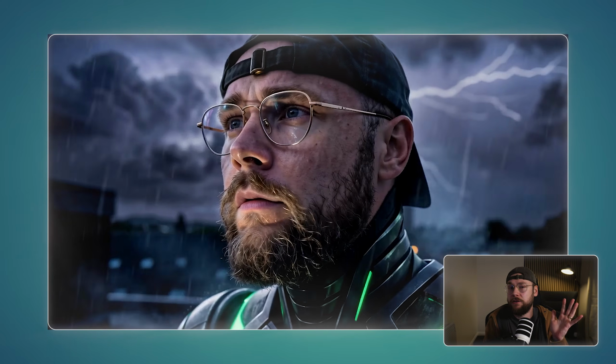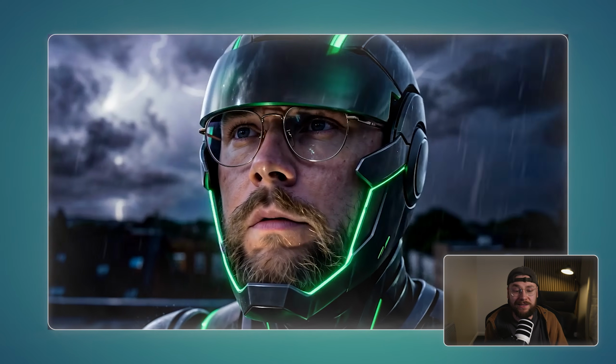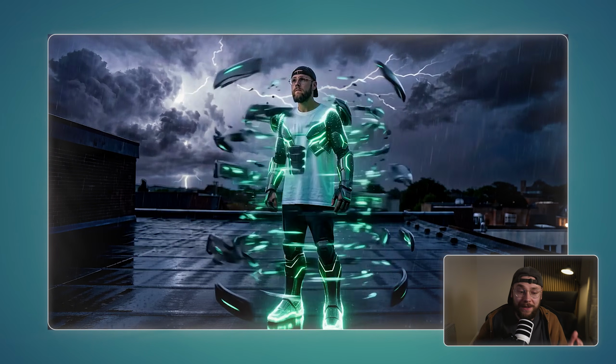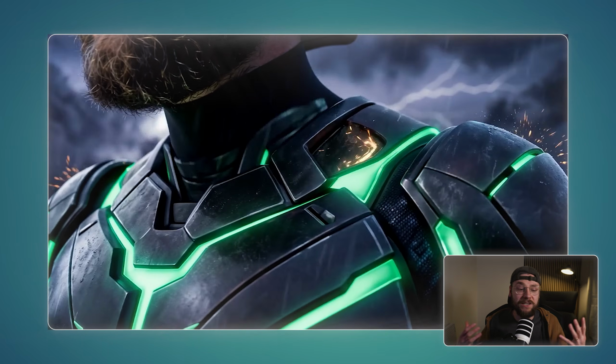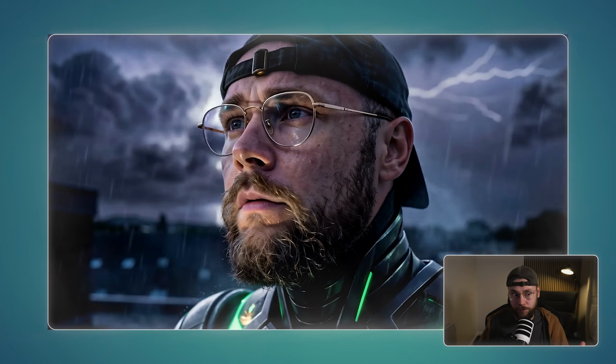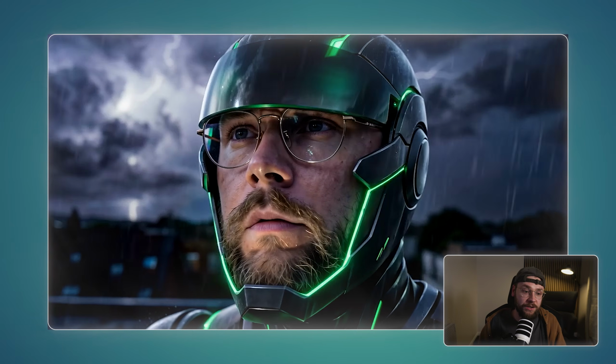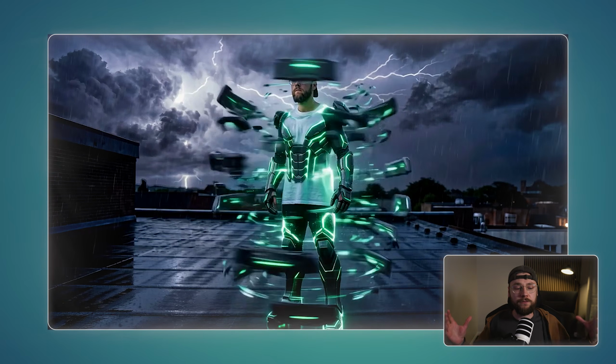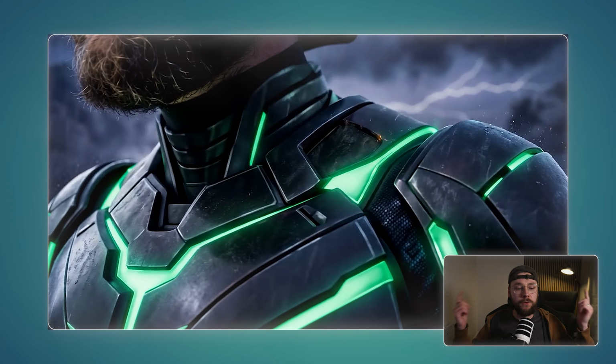Maybe that's just because Seedance 2 is restricted to business and teams plans right now, so these servers aren't being overloaded, but it makes a nice change to be able to hit generate on a new model on any platform and get your generation back pretty quickly. Now, the only issue I will say is that we have these kind of like fragments of armor floating around